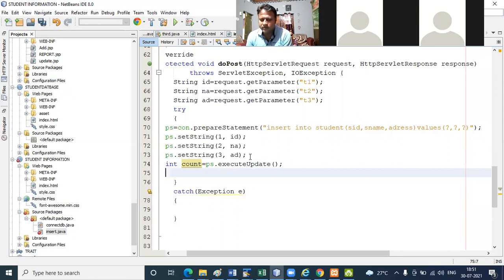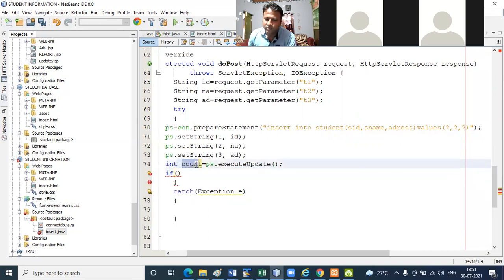When the SQL statement is executed, we use the execute command. When the information is added into the row, it returns an integer value. So I define int count. It returns the integer value, count, and we check if it is greater than 0.